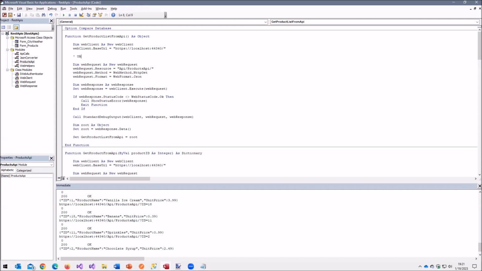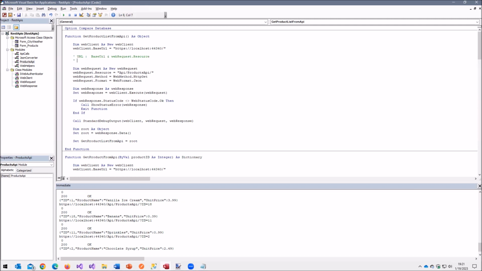The URL, Ben, is going to be the base URL plus the web request resource. So that's going to be HTTPS localhost 44330 slash API products API. Okay, I read that wrong. So it's called products API is the name. I see.